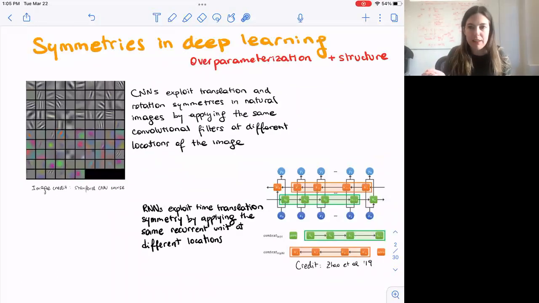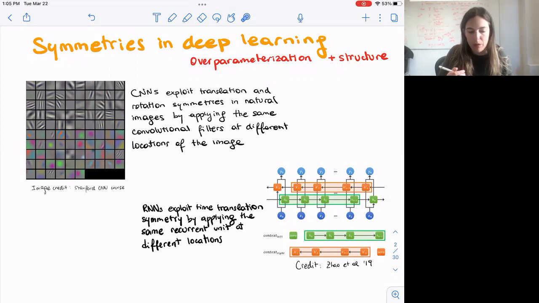So this talk is about equivariant machine learning, and especially it's about symmetries. Symmetries are very powerful in many applications. In particular, I may argue that symmetries are powerful in deep learning. Deep learning has very large models that are very well parameterized, but there is some structure to them. It's not just anything. And some of this structure is said to exploit the symmetries, either in data or in